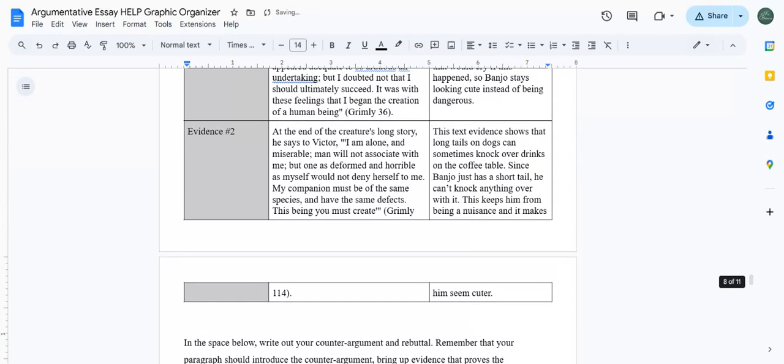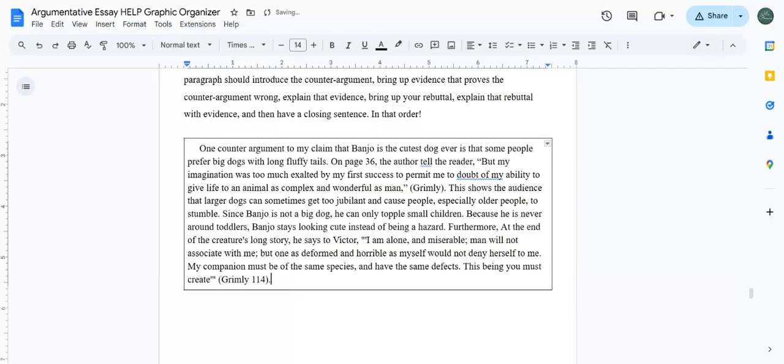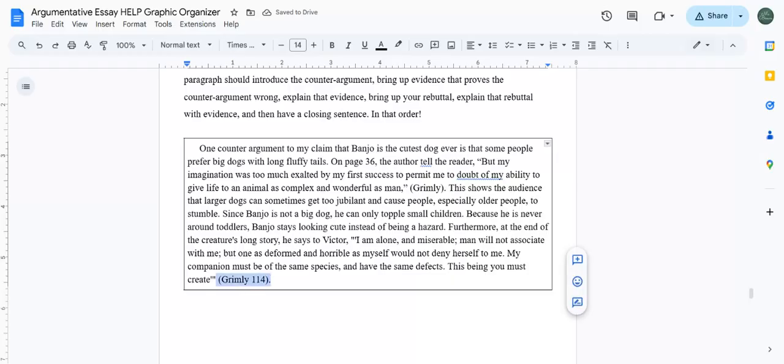Let's go redo that. Bam. Furthermore, I'm going to use the entire quote. Look, it's even formatted correctly for me. That's pretty nice. Let's see. I'm just going to change that.